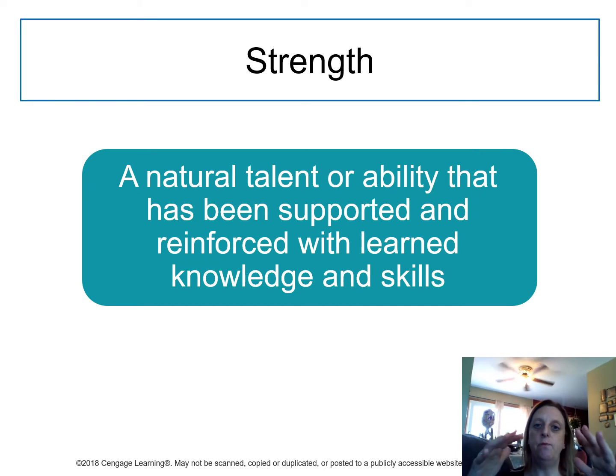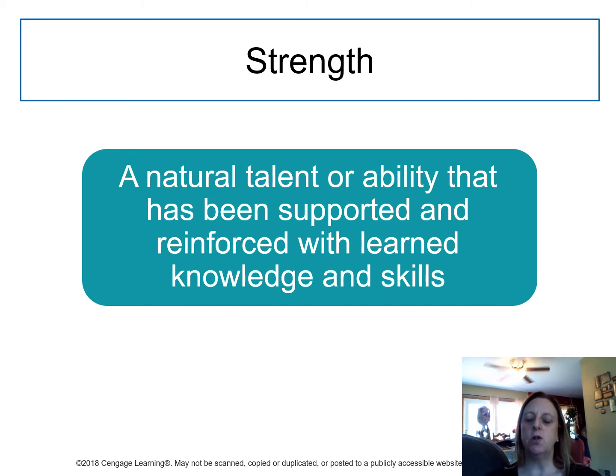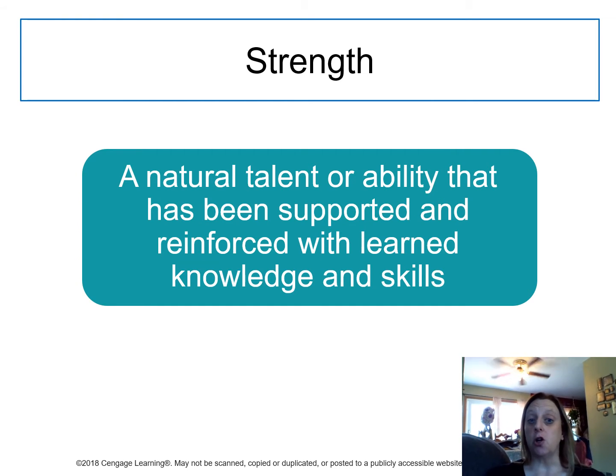So kind of think of a puzzle. You've got pieces of the puzzle that other people bring to the picture that you're putting together, right, with their strengths. And then you have your strengths that you contribute. Everybody's got strengths to contribute, and they don't always overlap. Some things can be learned and built and improved upon with that awareness and with practice and experience. So leaders can learn to overcome some potentially limiting traits, such as a lack of self-confidence or a quick temper or something like that.